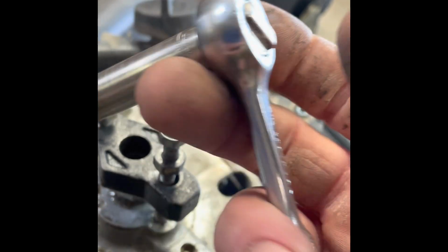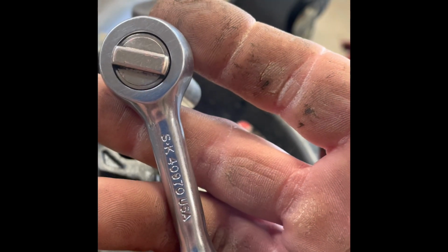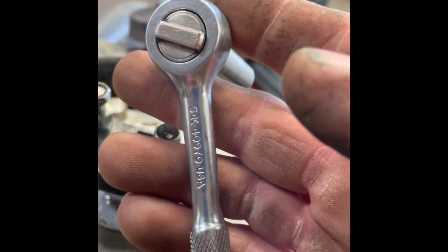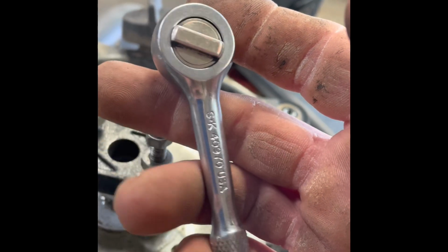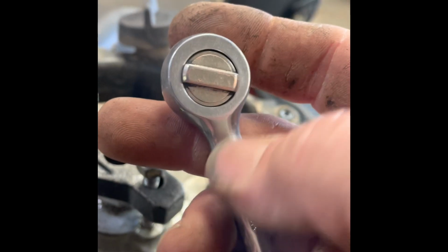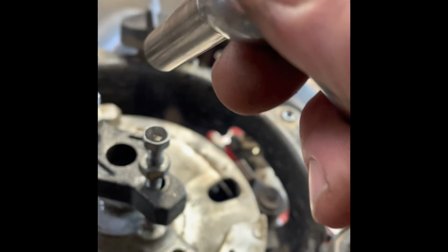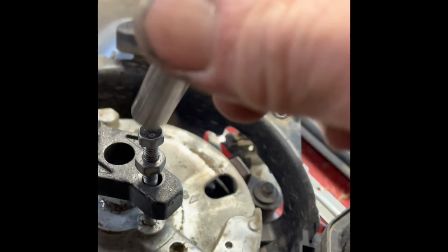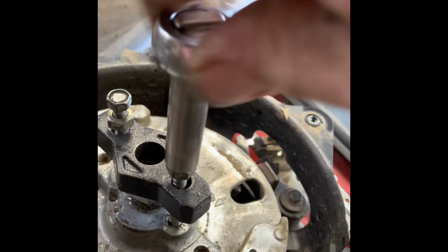A little quarter-inch drive ratchet works really good. I really like these SKs because they don't jump like a Craftsman quarter-inch. They've got that little flip knob right here, and they slip and one thing or another. But this little SK, I really like that. I gave $50 for that. Wish I had 3 or 4 more, but it really worked good. If you tighten that down, we'll try to